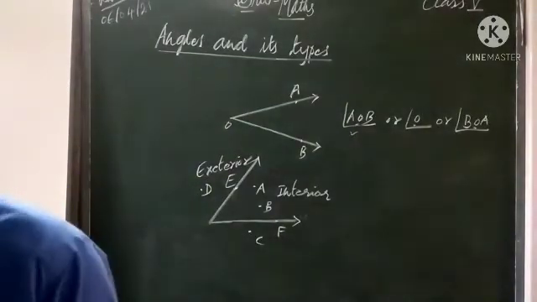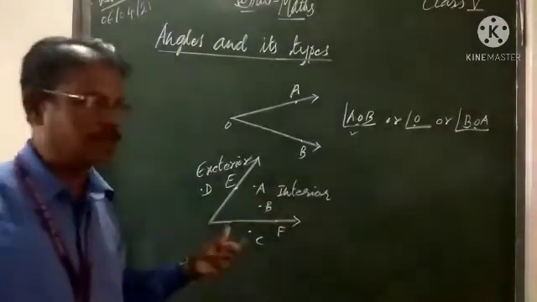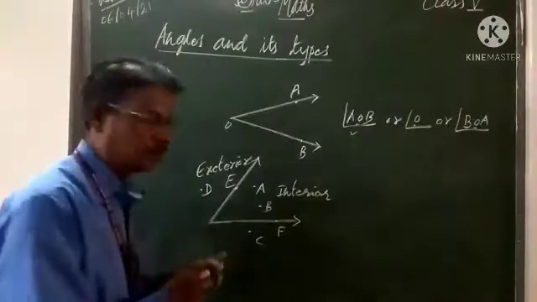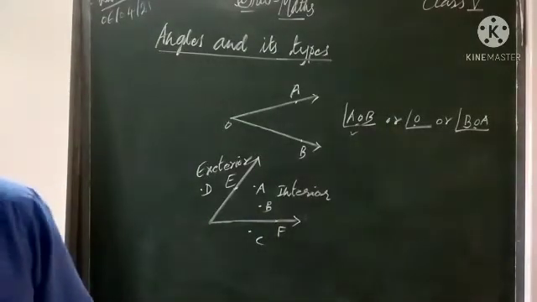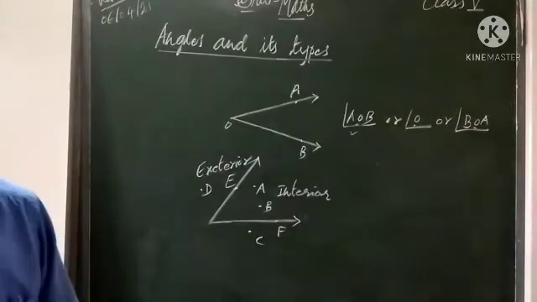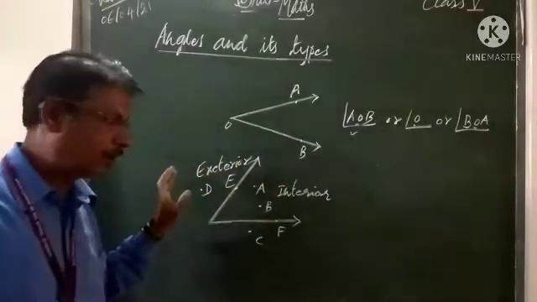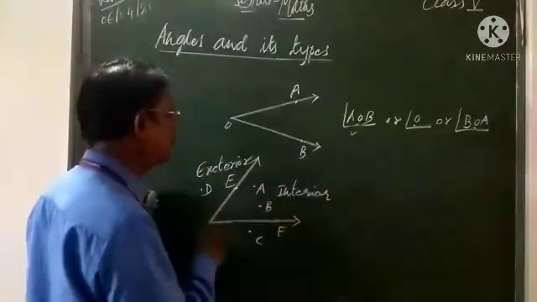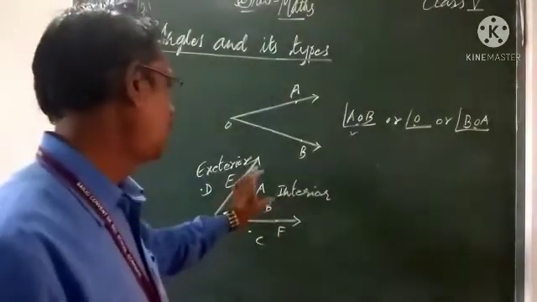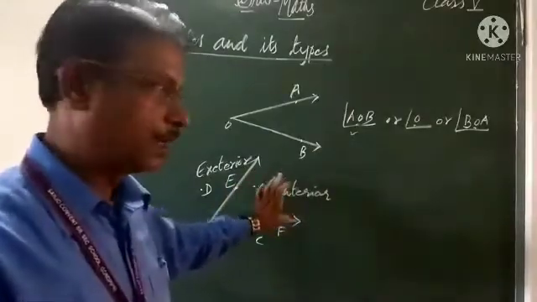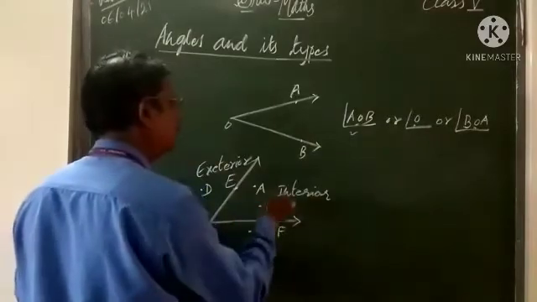Now, an angle leads to three divisions of a region. Why three divisions? Because an angle leads to three different divisions of a region: on the angle, the interior of the angle and the exterior of the angle. Now what do we mean by interior? Those points which are present inside the angle are called interior points. For example, here point A and point B are inside the angle.